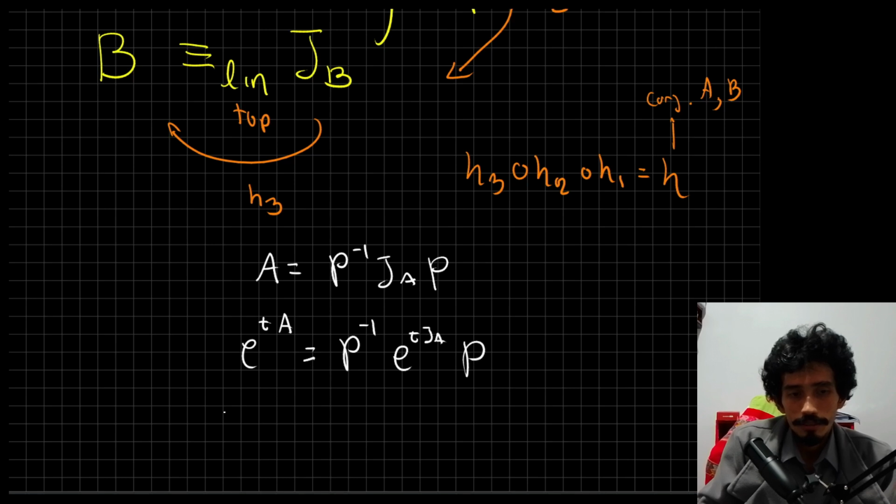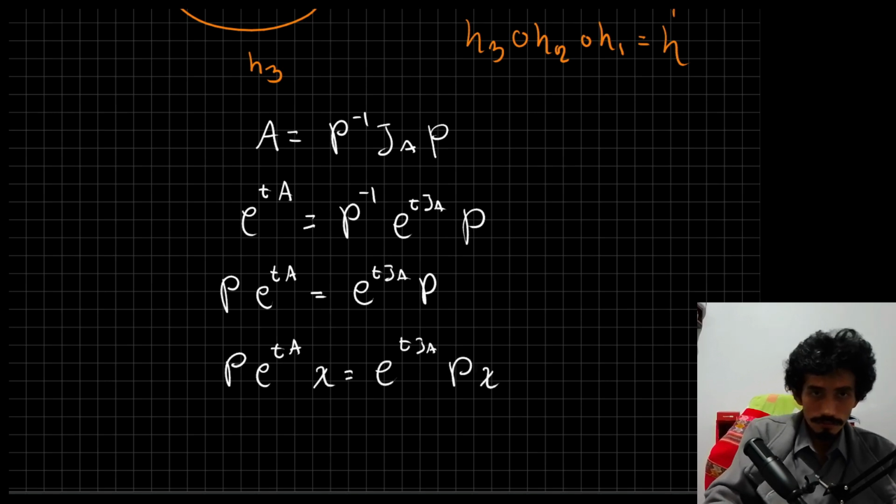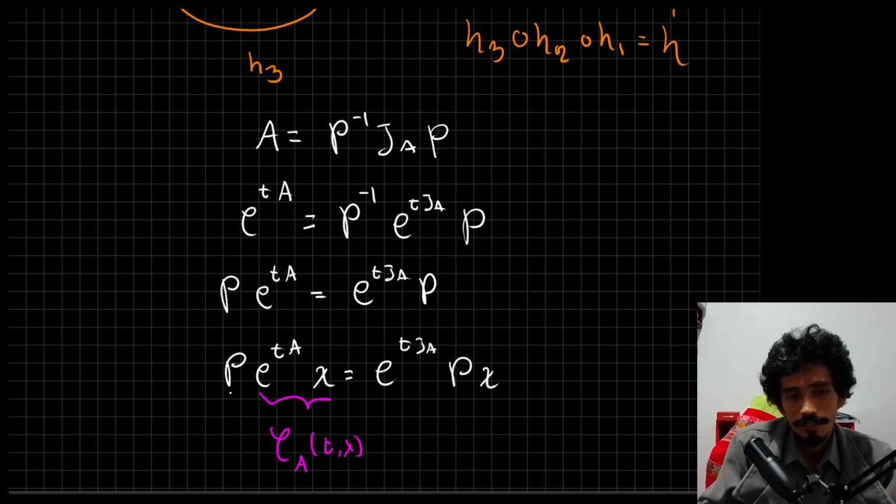If we multiply by P both sides, we have this thing. And if we write it here, now this is what happens if we call P as our H,